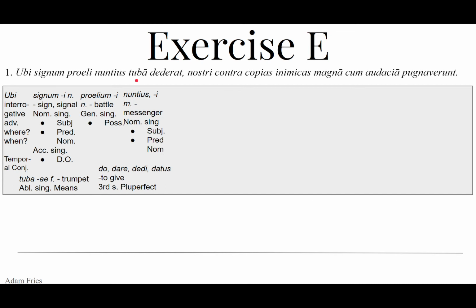But if you see that sentence in English, the messenger gave the signal on the trumpet, don't write in tuba if you were to turn that into Latin. In tuba, on the trumpet. He gave the signal on the trumpet. He's not in tuba standing on the trumpet. That's what that would say in Latin. He gave the signal while he was standing in tuba on the trumpet. That'd be an ablative of location.